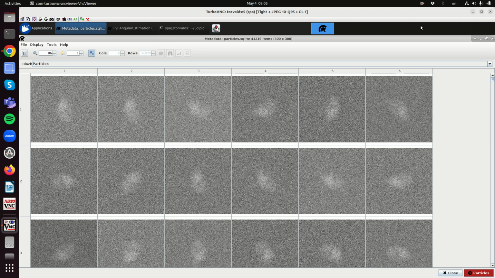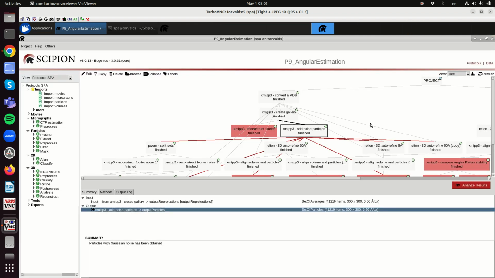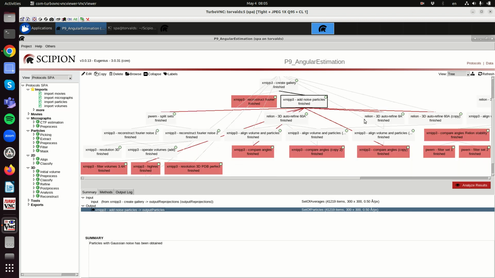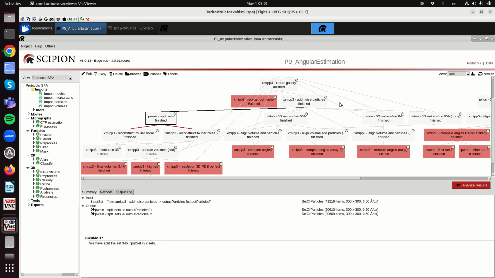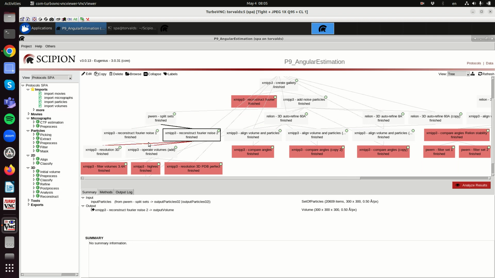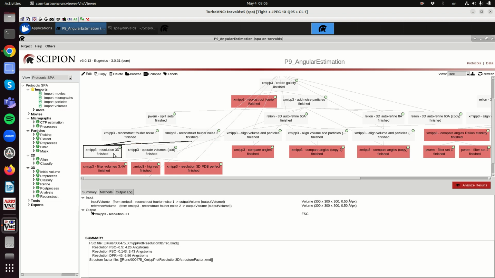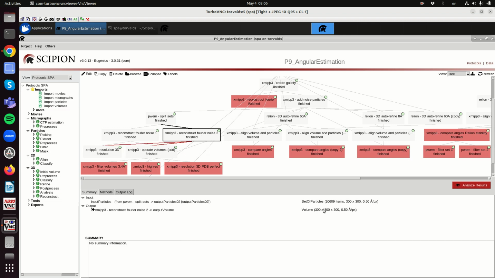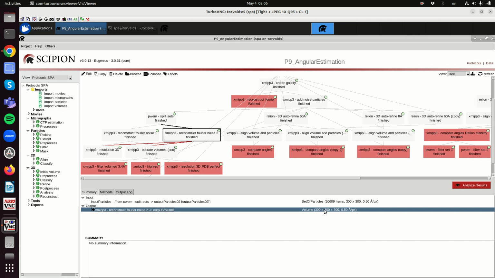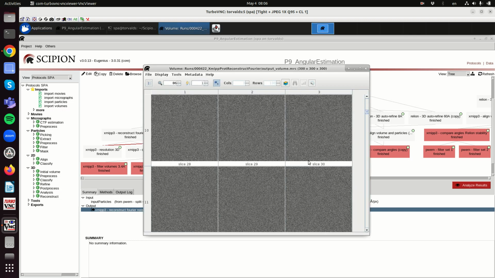So now we will do a few things. The first thing will be to split this data set in two halves with perfect angles, make a couple of reconstructions, and compute the resolution with perfect angles. And this resolution will be limited by noise. So this is how a reconstruction looks